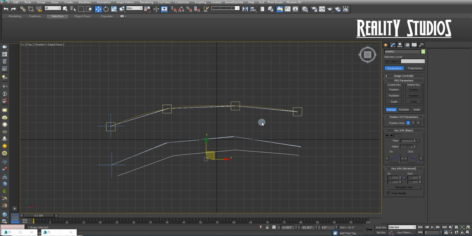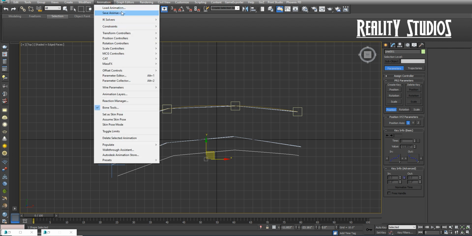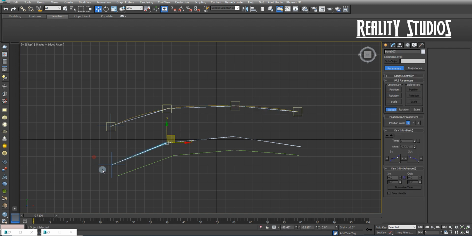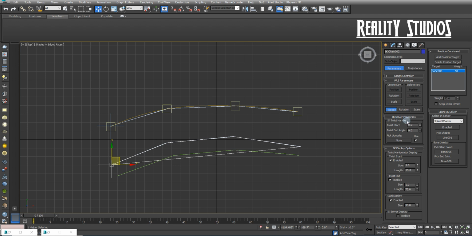Hello, and in this video, I will show you how to learn the animation constraints, and we will see a couple of things related to the animation panel that you will need for this rigging process. Okay, so over here you can see that I have two chains of bones. Both of them have a constraint applied to it, which is the IK/HK solvers, or well, this one's the spline